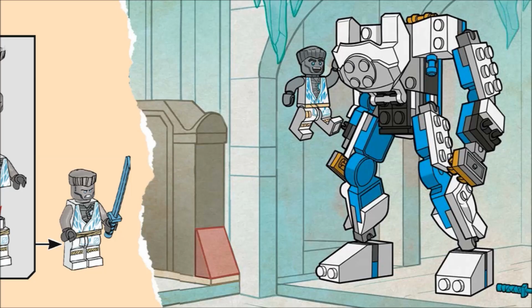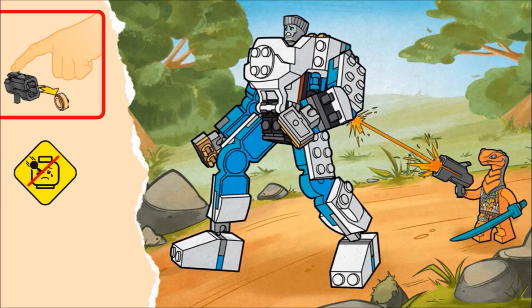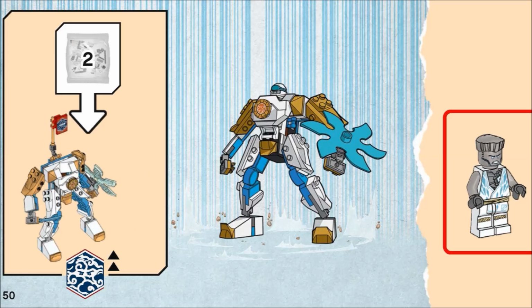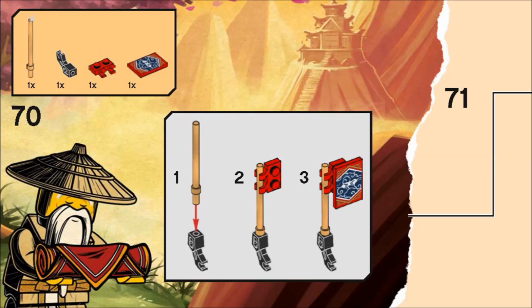My favorite thing in this set is the storytelling in the instructions. There's some wonderful illustrations that tell a story as you build. When you finish the first bag of parts, you're left with an armorless mech, and the instructions show the Cobra mechanic fighting Zane, and he's losing the battle. But we realize with bag 2, we can build the armor and the weapons, and then we can finally defeat the Cobra menace. It even shows you some fun details like how the armor will help deflect the attacks of the Cobra mechanic, and it even shows Sensei Wu giving you a flag to finish off the mech, which is